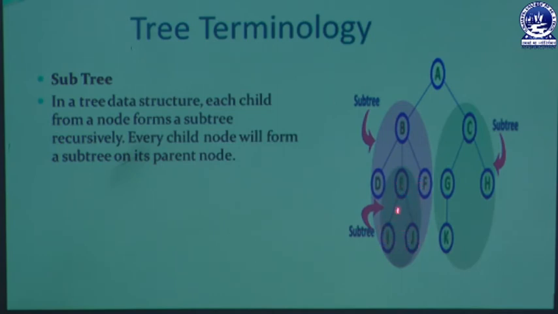This subtree also has a subtree, that is E is the root node having I and J as the subtree. Okay. And similarly, root A has another subtree, that is C, G, H, K, and we can form another subtree, that is G and K, within this subtree. So this is the example of the subtree and different tree terminology.